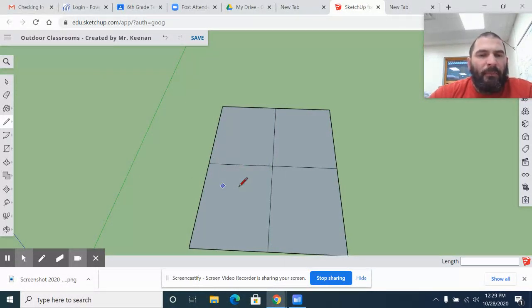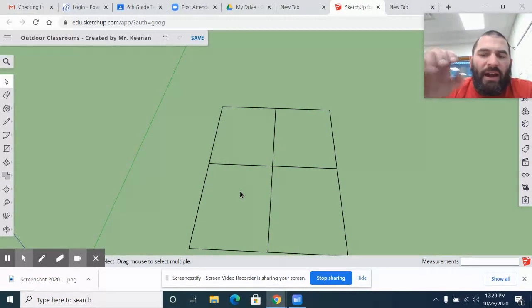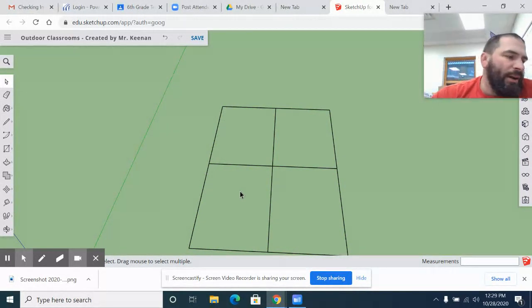So we're going to hit escape. Then we're going to use the select tool again, and we're going to get rid of the solid lines. All I'm doing is clicking on them, and when they highlight, you hit delete, and then it goes away. Our fire ring